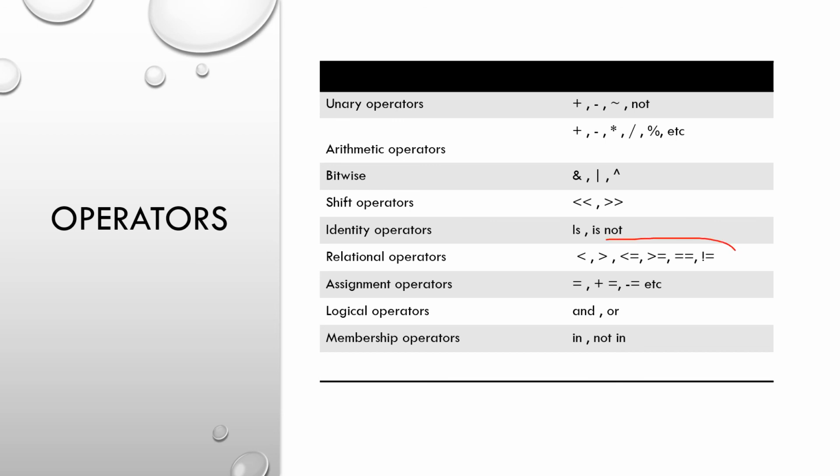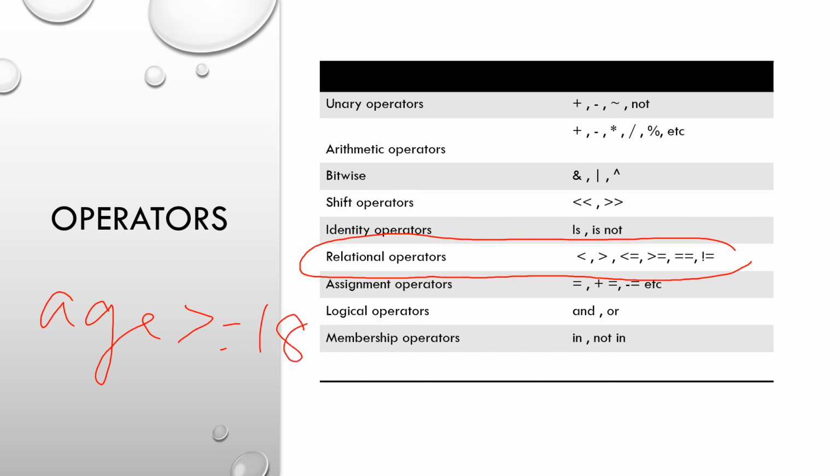Here we can use different types of operators for our age checking. Let's say you have a website where you need to check that the registered user's age is greater than 18. For that we can use a relational operator to check whether age is greater than or equal to 18, and then you allow the user to register. So based on our problem statement, we can use different operators to achieve our end goal. The list here is simple, but we can explore more when we actually start coding in Python.